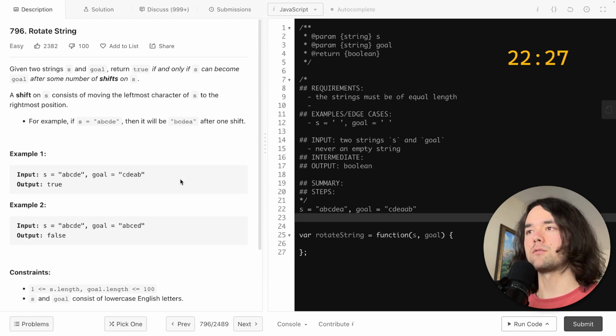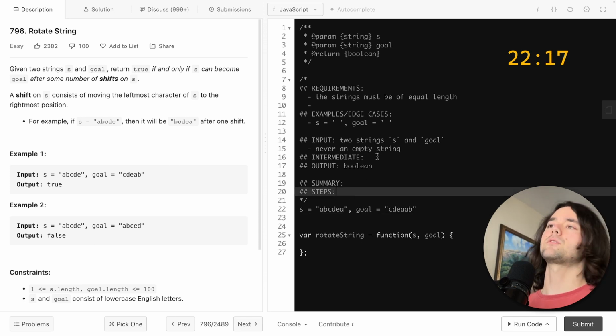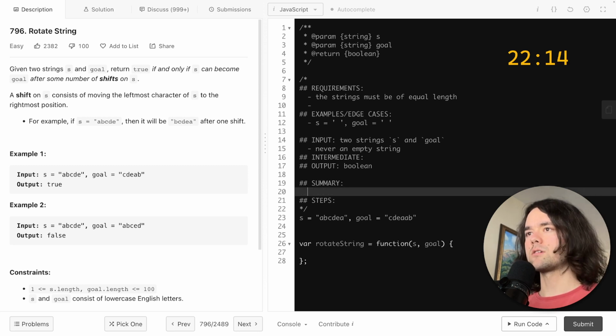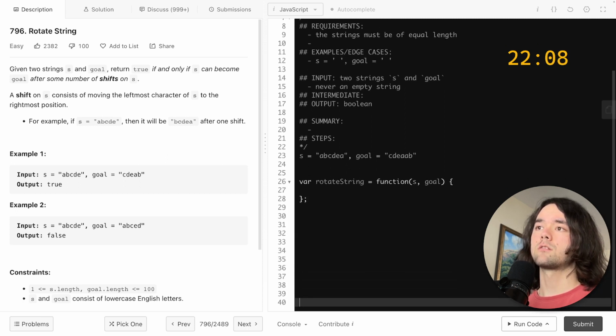But I think that might be unavoidable. Well, actually, no. I think I can avoid doing too much. Okay, so if we were to summarize this problem, basically we want to check to see